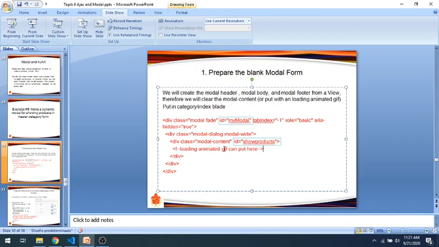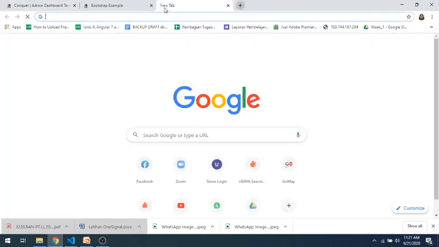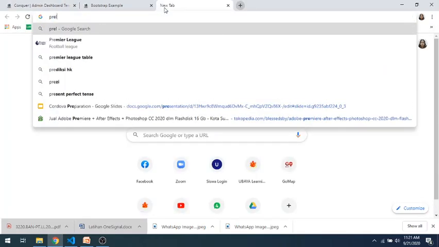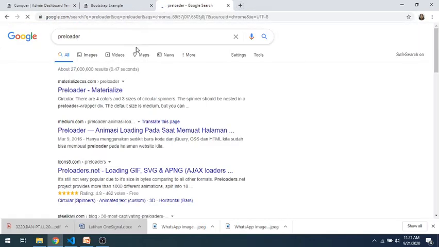And if you want an animated GIF, you can get one from here. Preloader.com, maybe just preloader first. Preloader.net.